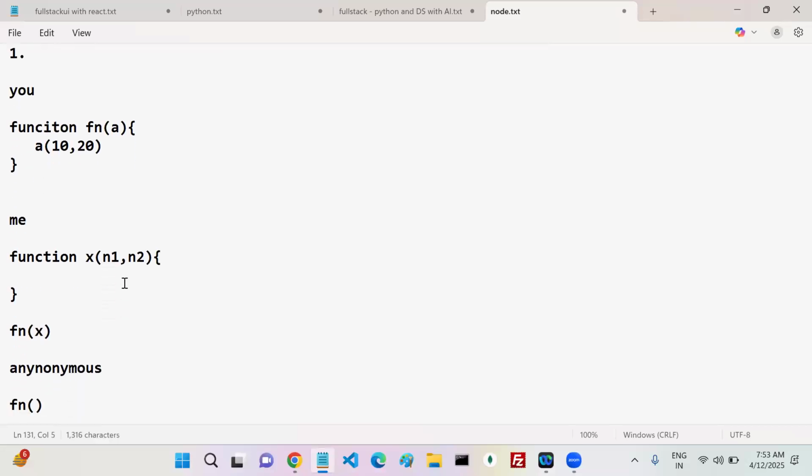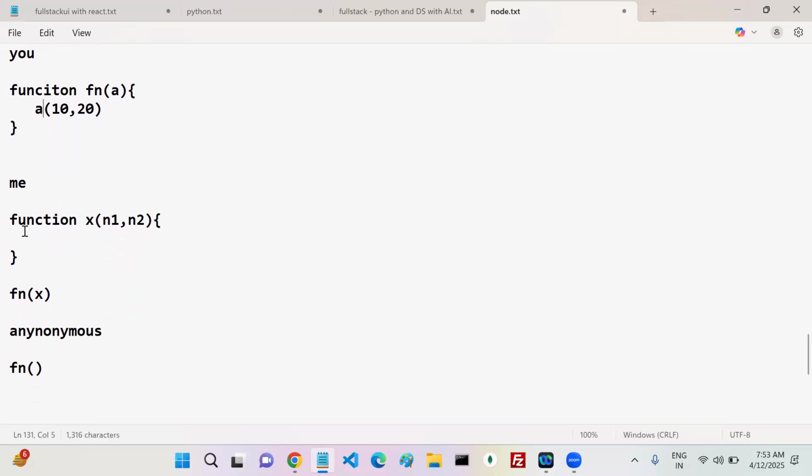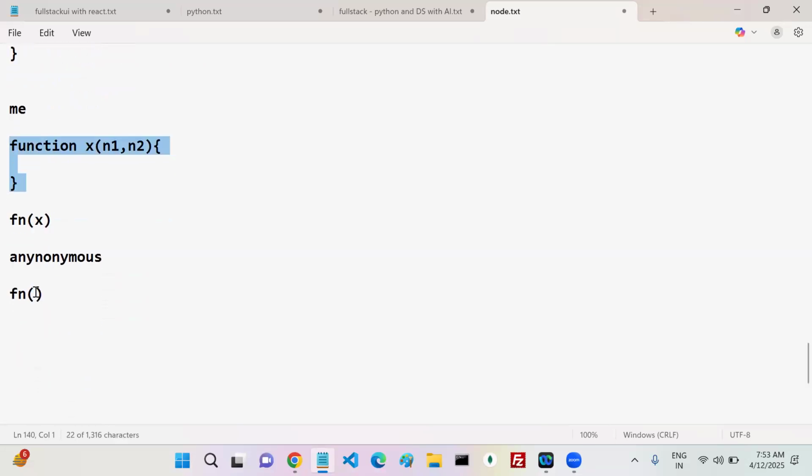Which kind of function? Named or anonymous? Any. Last time I used a named function. This time, can I use an anonymous function? Like this, that's it. Now, this function goes to where?